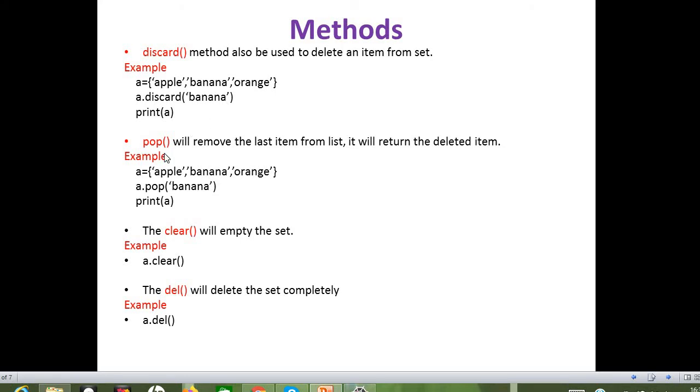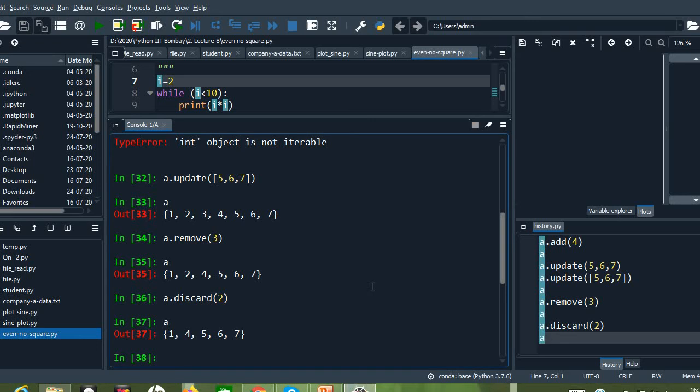Okay. Next we have the pop method. Similar to our dictionary, here also we have a pop method, but this method will remove the last item from the list. Previously we have seen the remove and discard methods, which will exactly remove the element which we want to delete from the set. If I go for the pop method, it will remove the last item from the list and it will return